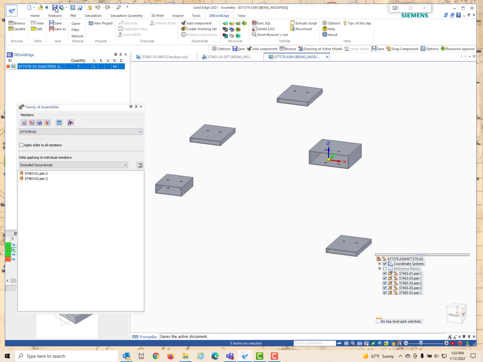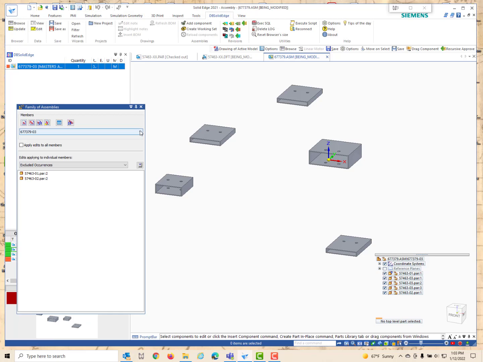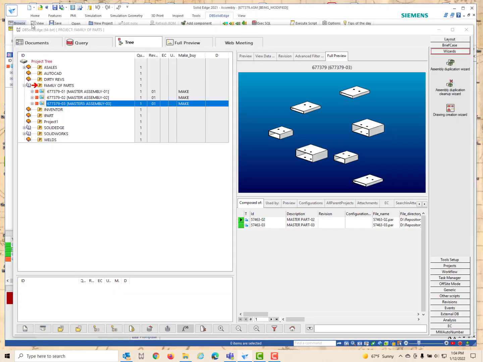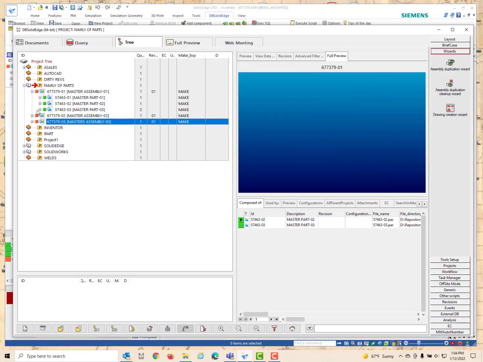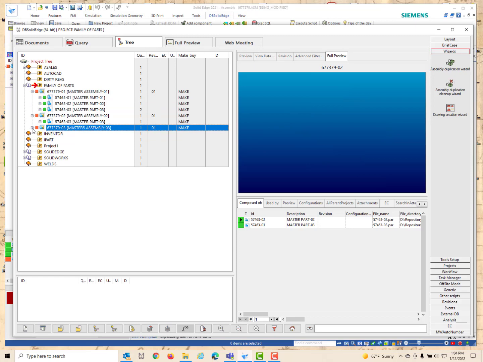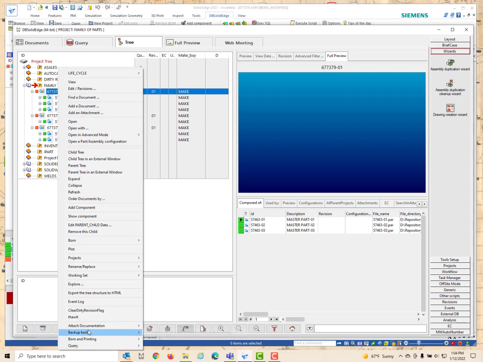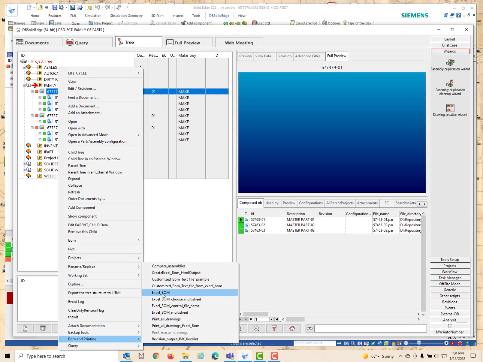So let's just save that. And if we go here, and we'll go back to number 1 here, and we'll go back to the MechWorks PDM browser, and we can see here that each one of these assemblies is showing the different parts that are in them. So what they can do is go to any one of these and create an Excel bill of material